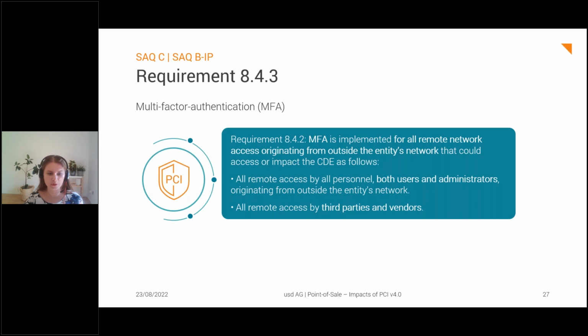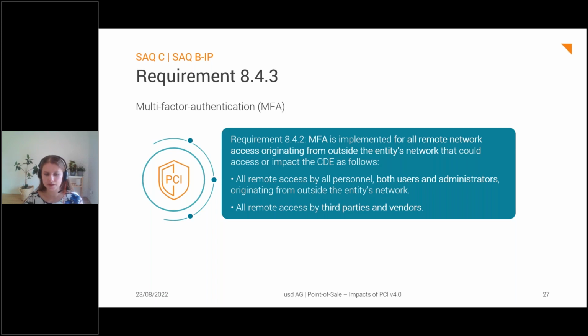This means for all persons, so users and administrators, not only. I think currently it is often misunderstood as only administrators applying, but also for users and for all third parties and vendors, so for your service providers and also